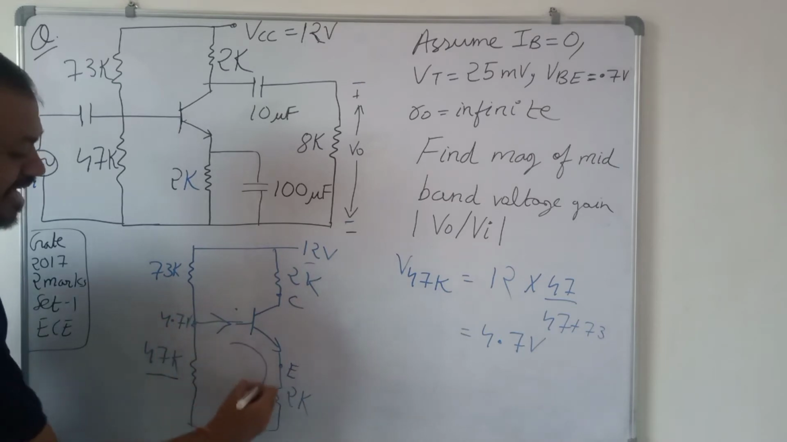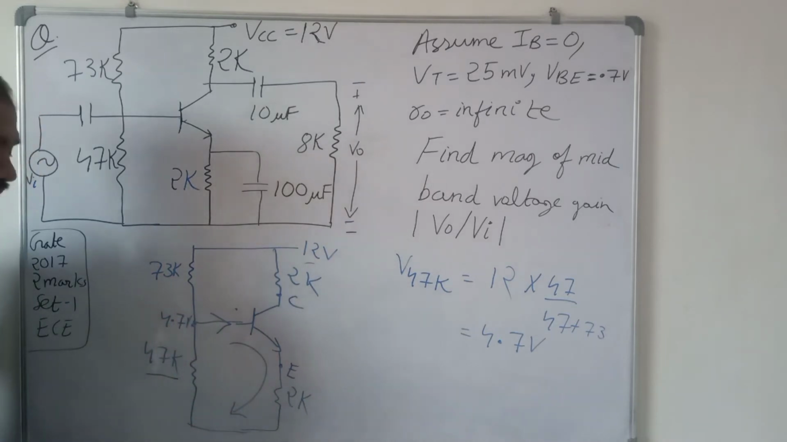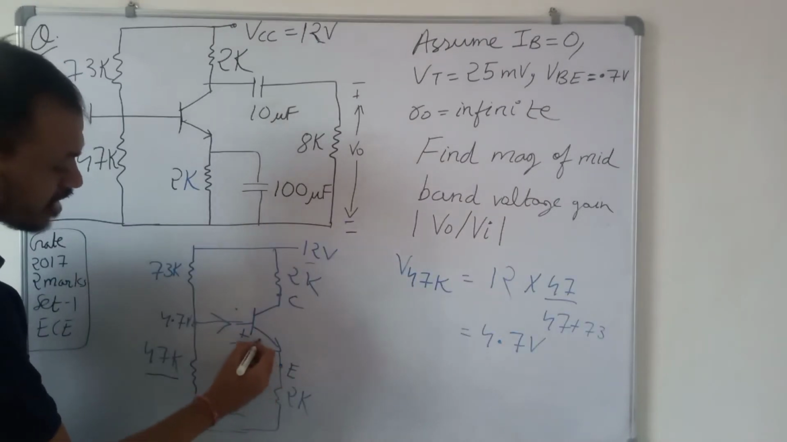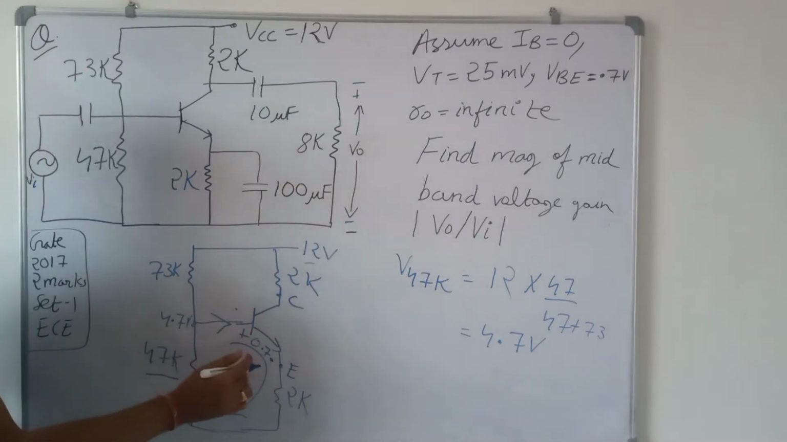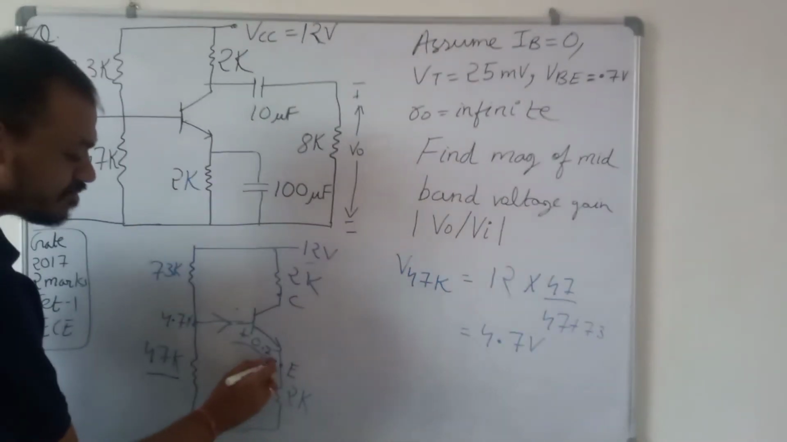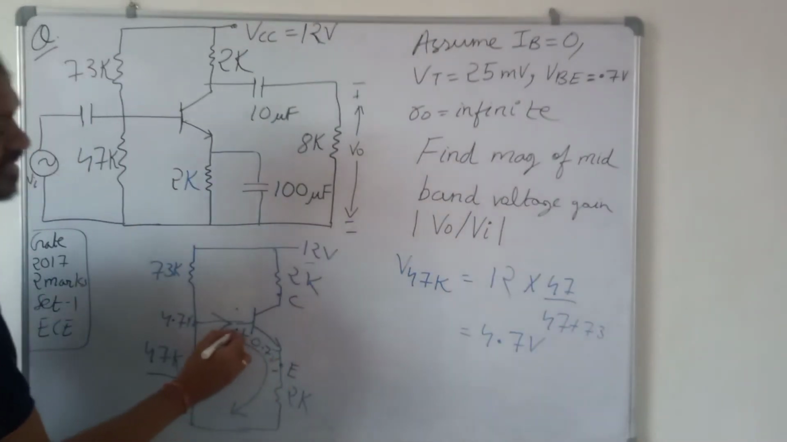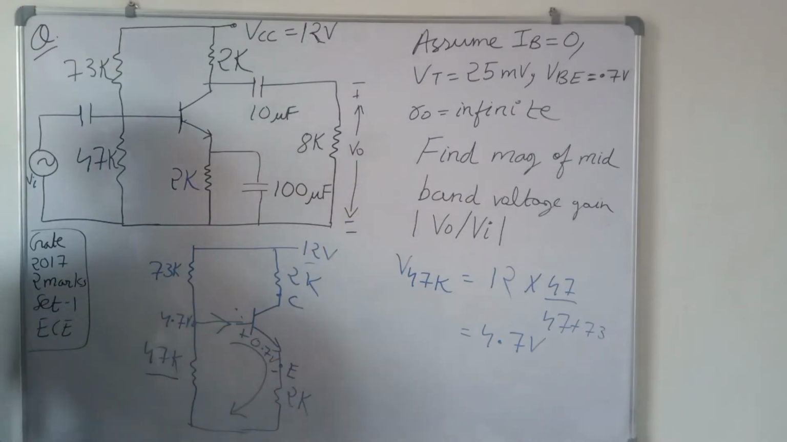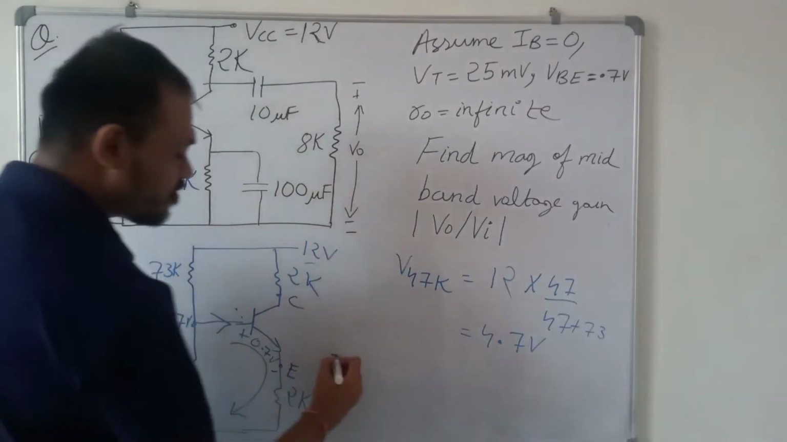Now we can apply KVL in this base-emitter loop. This voltage is 0.7 volt, because VBE is given as 0.7 volt. This is VBE, so this is the positive and this is the negative terminal, and this is base and emitter. So it is 0.7 volt. Now we can easily apply KVL in the base-emitter loop. So minus 4.7,